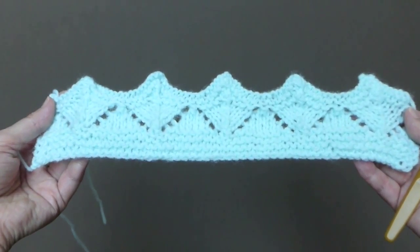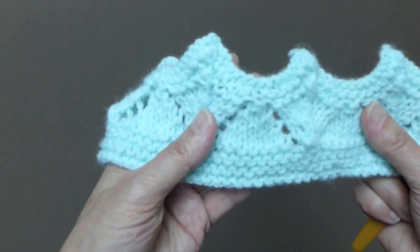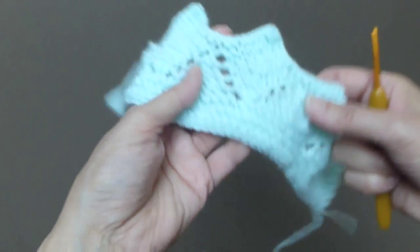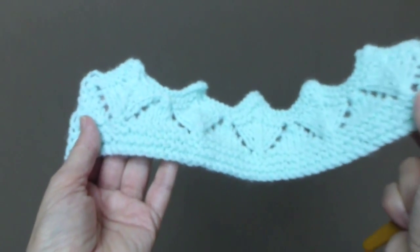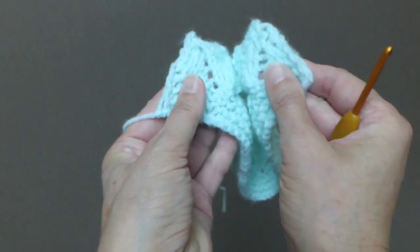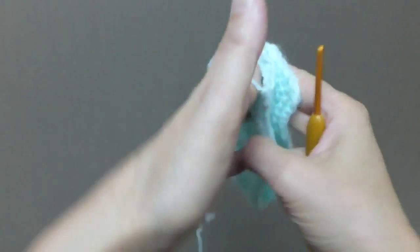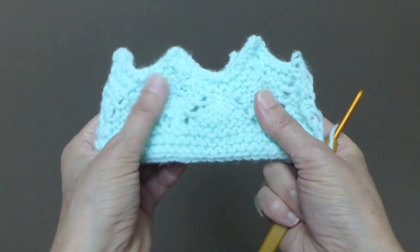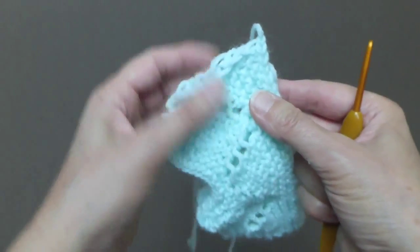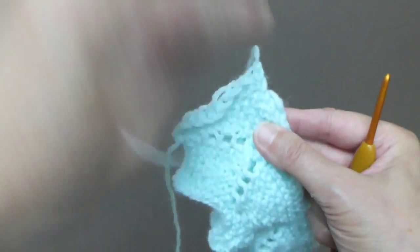I'm finished with my binding off. All right, and now this is our right side. As you see, this is our wrong side. So what I will do is I will place both ends on top of each other with the right side facing each other, and I am looking basically at the wrong side, okay? And then I will take this tail, the one at the bottom,